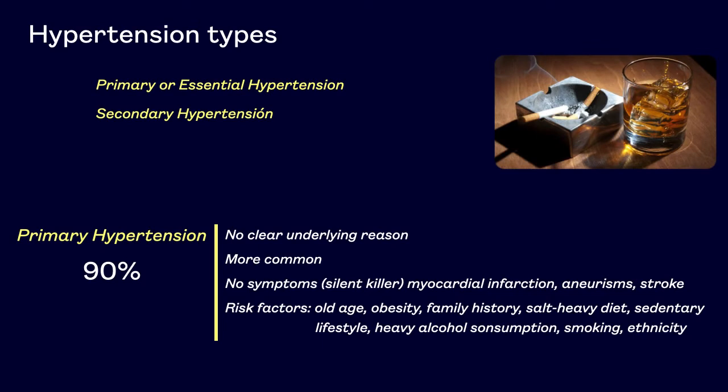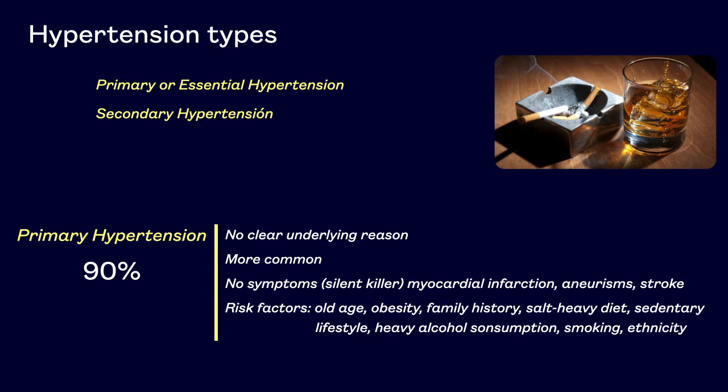Now, there are two main types of hypertension. Primary or essential hypertension has no clear identifiable underlying reason, and secondary hypertension does have a specific underlying condition. Primary hypertension is way more common, about 90% of the cases, and it generally is not accompanied by symptoms. It's sometimes called a silent killer because over time pressure in the arteries silently creeps up and causes blood